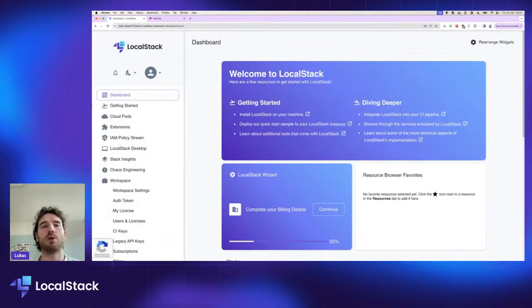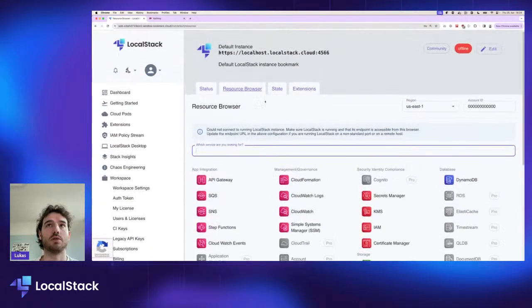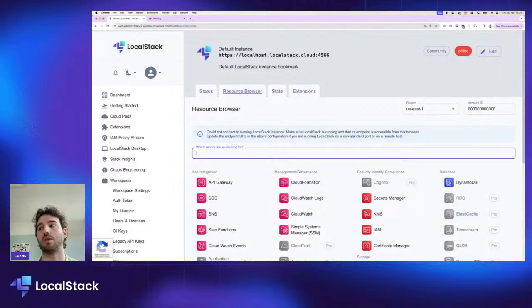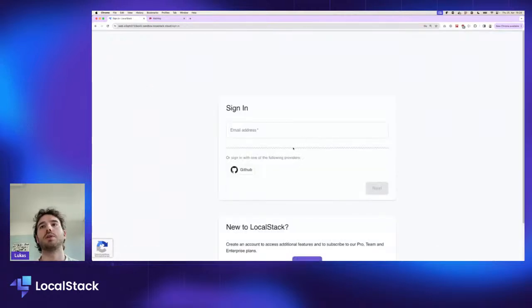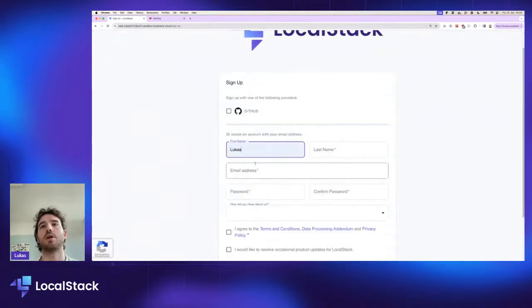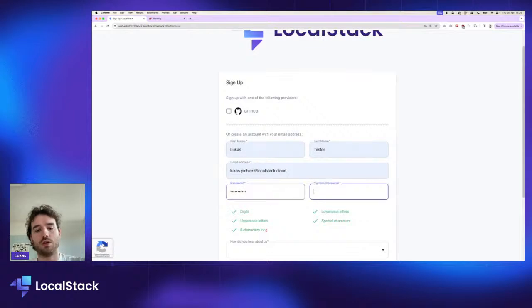I see the web application and I can verify that the new features hold or satisfy requirements. So I don't know, I can be like, hey, I've updated the header on the resource browser, sent at 2 p.m. and get feedback whether that's all right or not before shipping it to production. What I can also test, for example, is sign up. So I can sign up with a new mail and choose a very